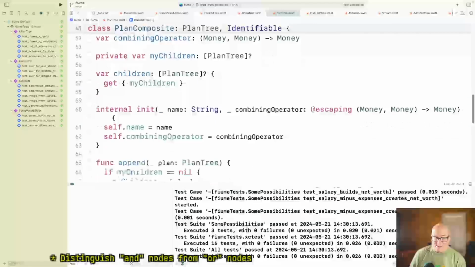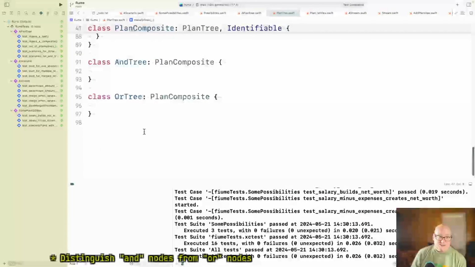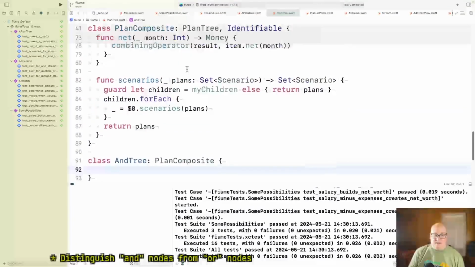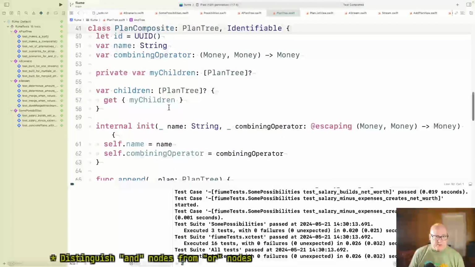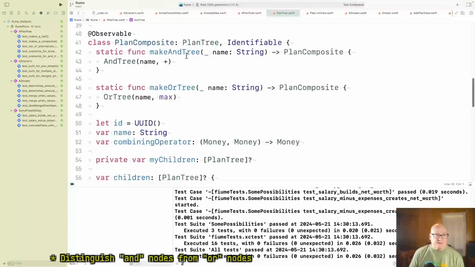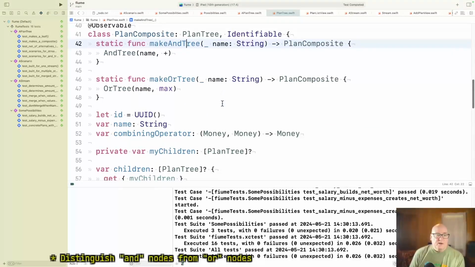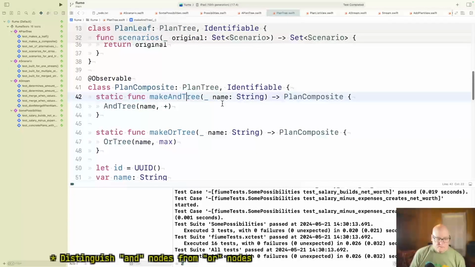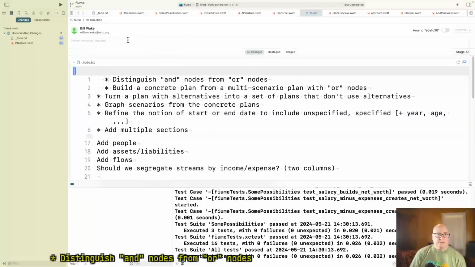And when you look at how much is going into them, there's not much in these things because our system doesn't distinguish them yet. It's happy to use them. It doesn't care if you're an AND tree or a composite or an OR tree or whatever. The only differences are in that operator, and that's set up in these constructor functions. Now, okay, well, yeah, let's take that. We've created AND tree and OR tree.